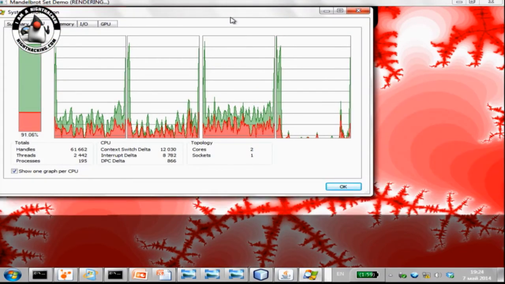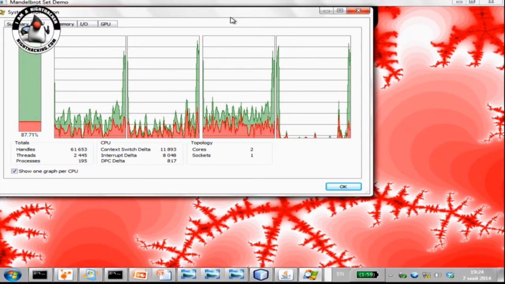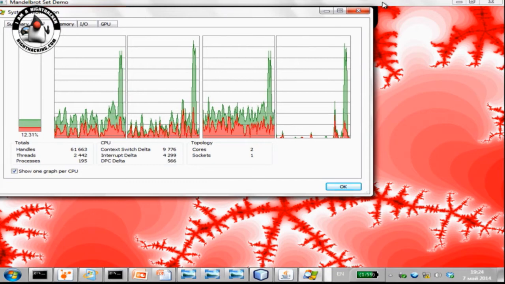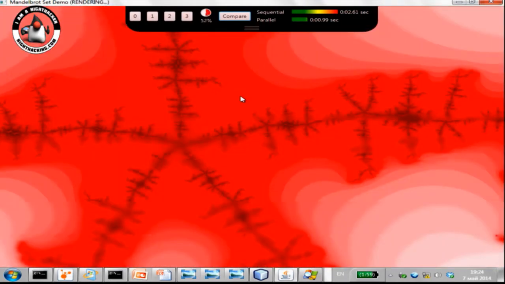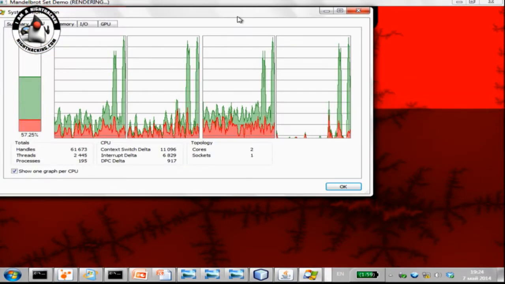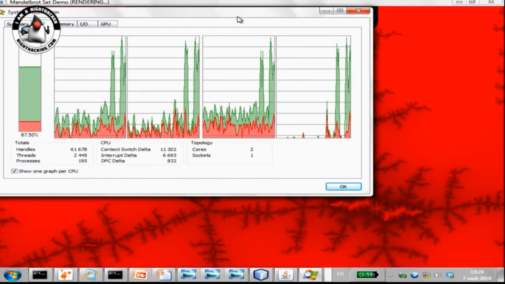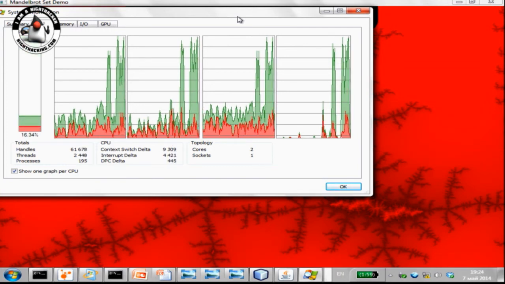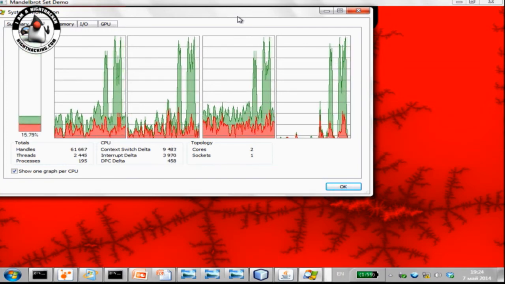Yeah, but it's 2 cores, probably that's hyper-threading, so it looks like 4. Oh, it's hyper-threaded. Yeah. So let's find a heavier part. It's not that fast to capture the exact difference.